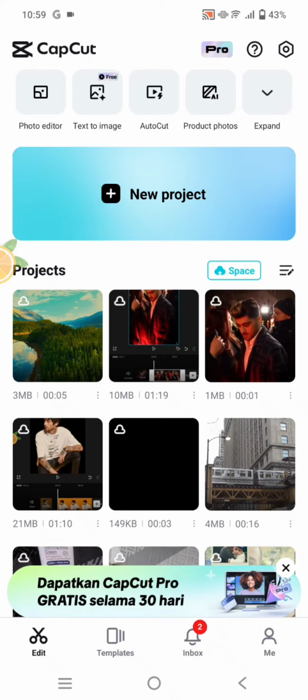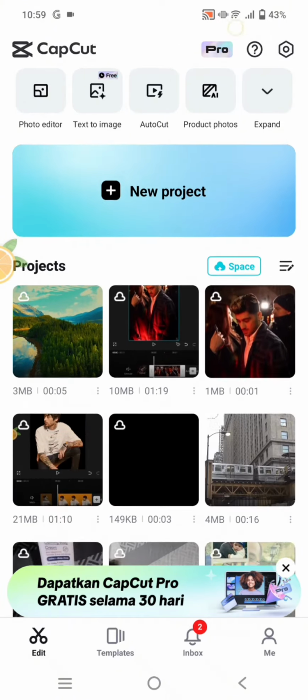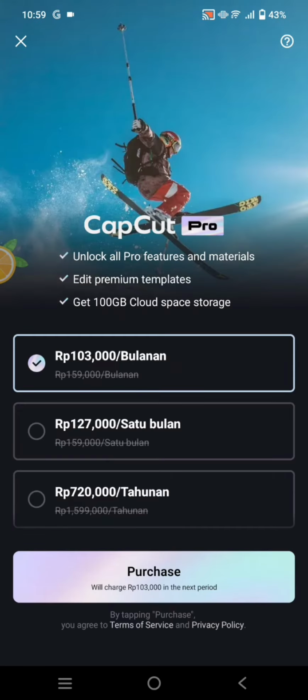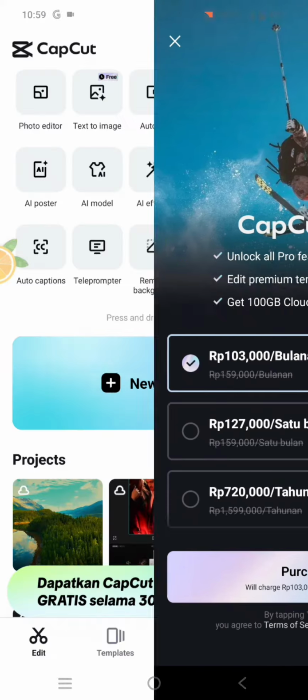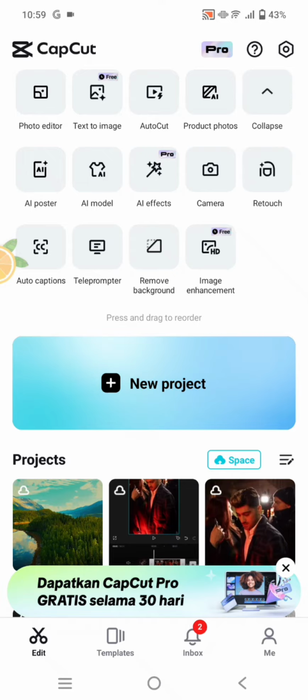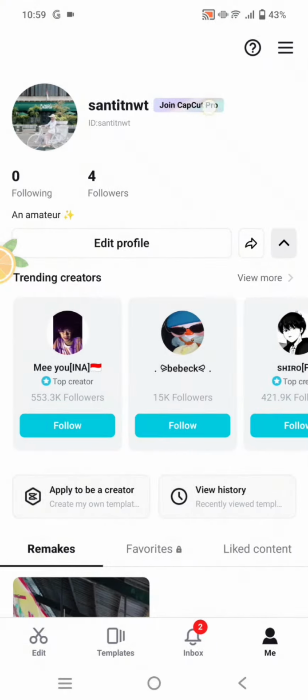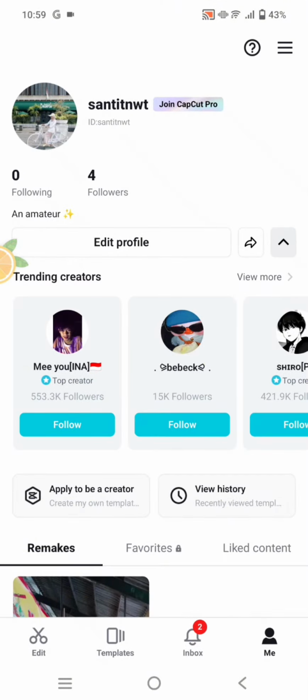You can just open your CapCut, then click on this Pro button at the top, and you'll head into this CapCut Pro offer. Or you can also go to your profile. Let's go back, click on the Me at the bottom, and here there will be an option to join the CapCut Pro. Click on that,